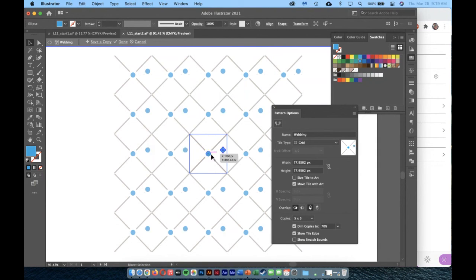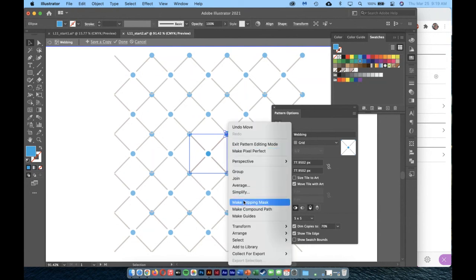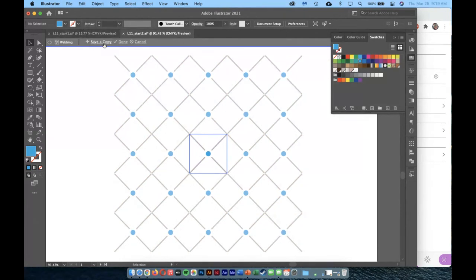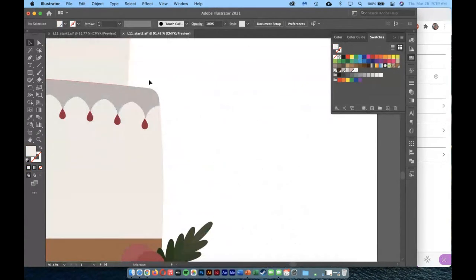Say that I was going to copy paste this object and maybe I wanted another one. I can do that. The stacking order is going to make a difference. So if I arrange and bring it to the front, it sits on top of everything, and notice anything you add in here will automatically be added into that pattern. So anything that sits inside this box, it'll just repeat based on these rules you set. Once I'm done with this thing, I can go up here and hit done. And now the pattern is saved